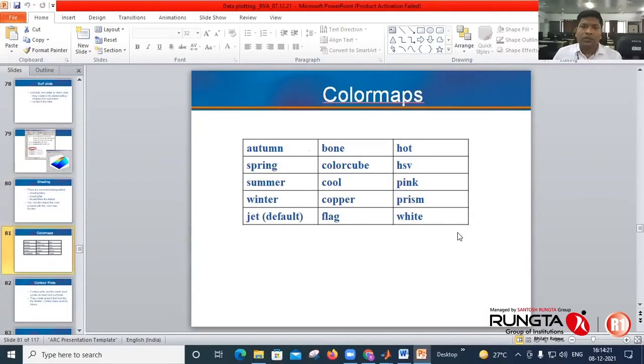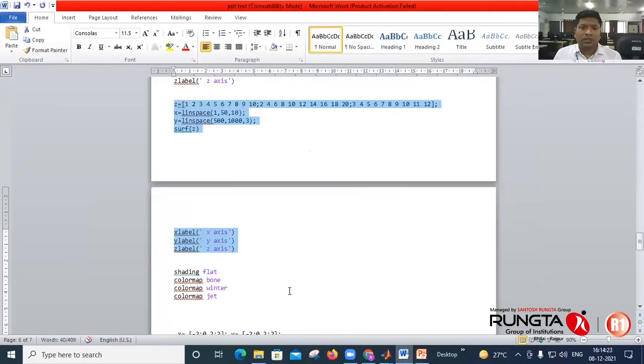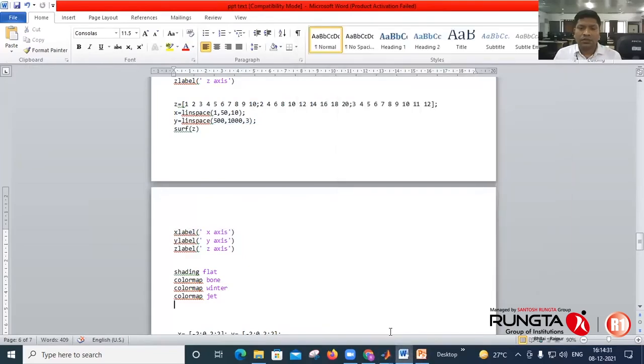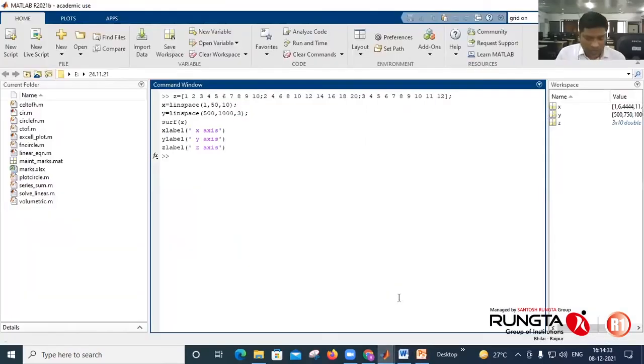Okay, so I will try some of these like shading flat. There are various options of the color like shading. So you can search this option in MATLAB, shading flat.